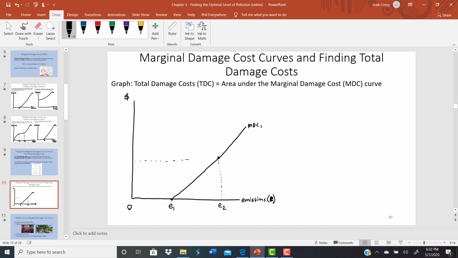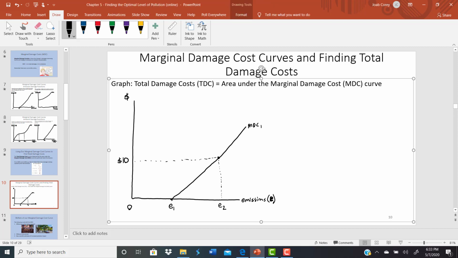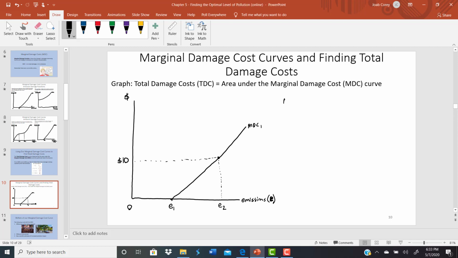So wherever E2 hits that marginal damage cost curve, that's going to give us the marginal damage cost at that level of emissions. So for example, if that marginal damage cost is $10, then that means that the cost of one more emission to us as a society would be $10 when we are at E2. So again, just interpret what's going on in this graph. If we are at the curve MDC1